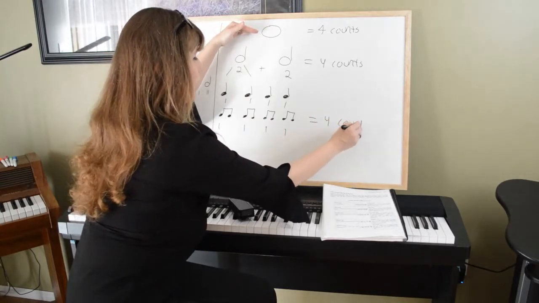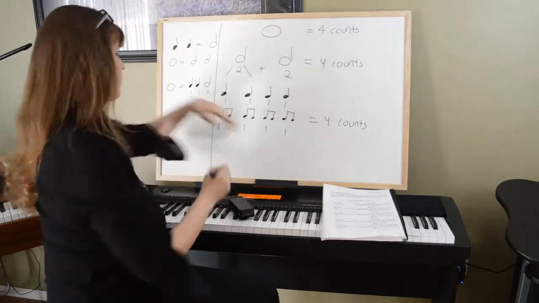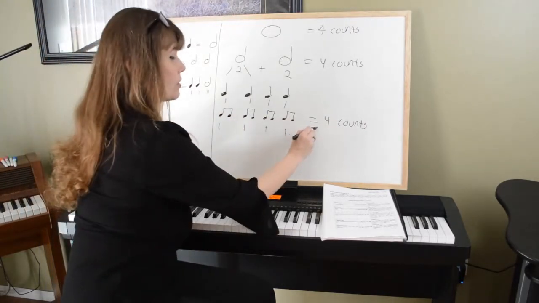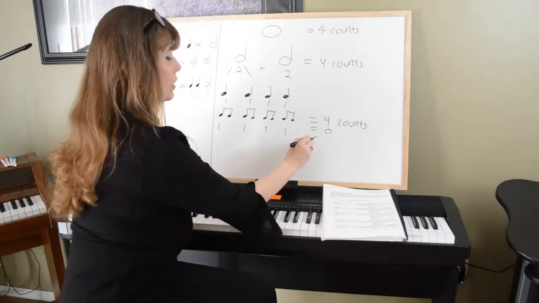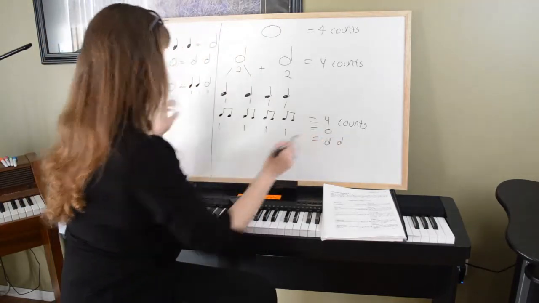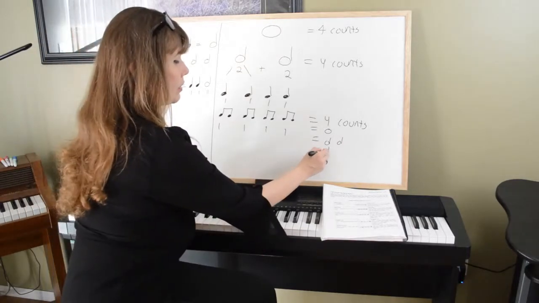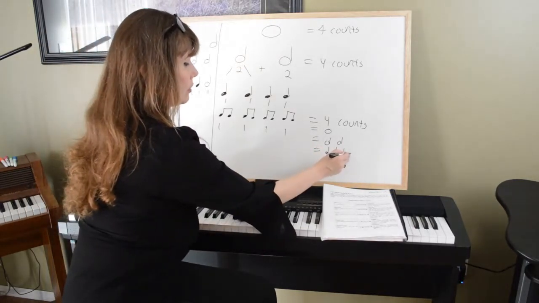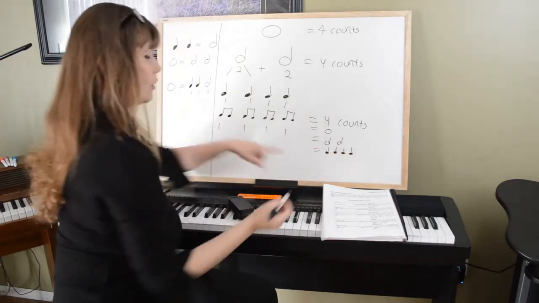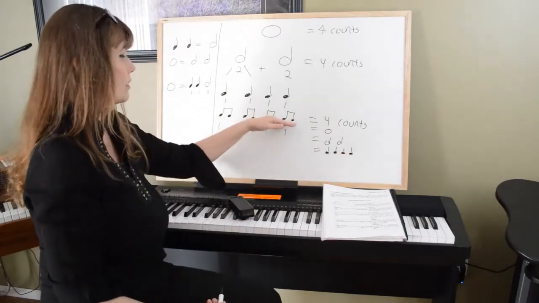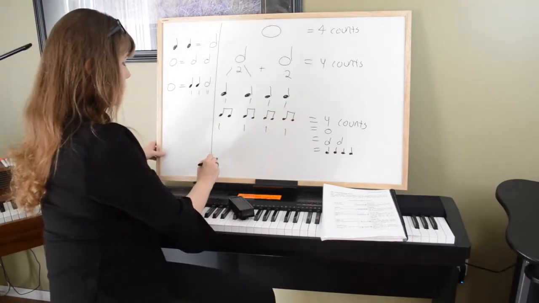So 8 eighth notes are the same as 4 counts. 8 eighth notes would also equal a whole note. It would also equal the equivalent of 2 half notes, and it would also equal the equivalent of, and I'm getting messy, 4 quarter notes. 8 eighth notes equal all these things. And we'll take it a step farther,